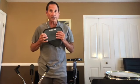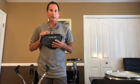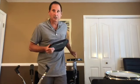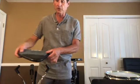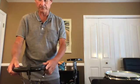Many pads are made with a gum rubber top to them. Some of them are round, some of them are square, some of them have other different shapes. These work really well because they're bouncy, very quiet, and pretty light to carry around. Some of them might have a threaded rod to fit on a stand like this. Many of them don't, in which case you have a couple options. If it's large enough, you can fit it into a standard snare drum stand,